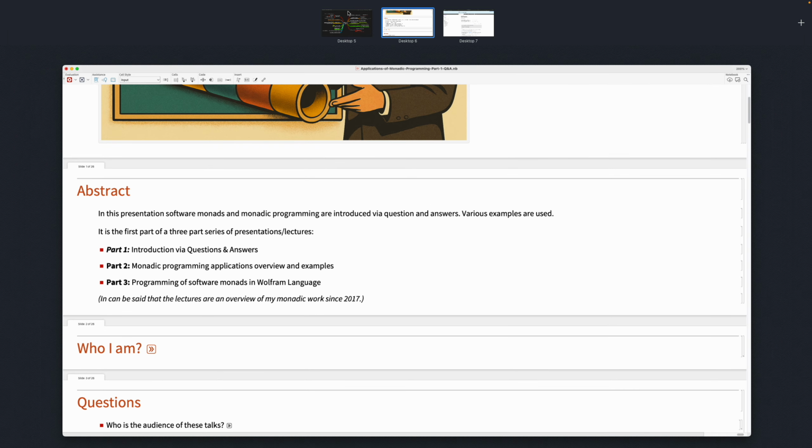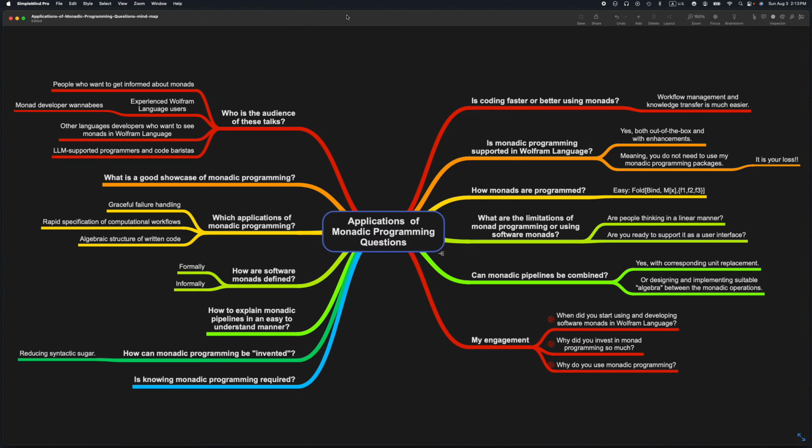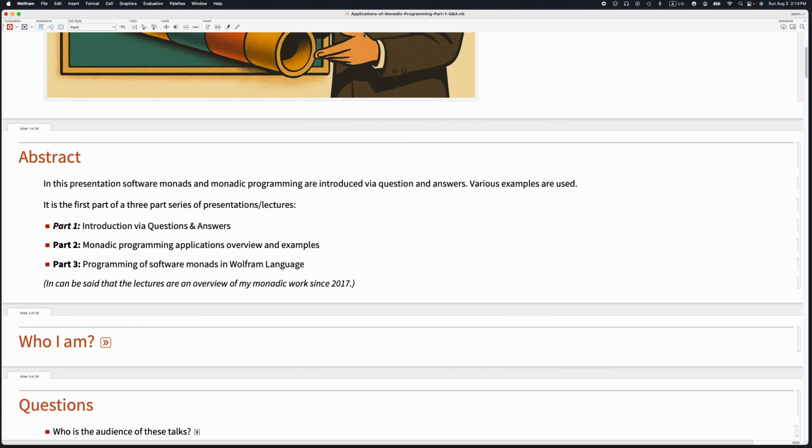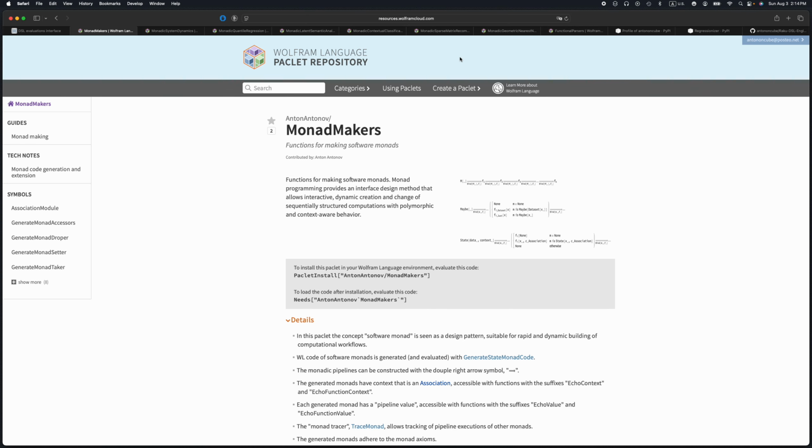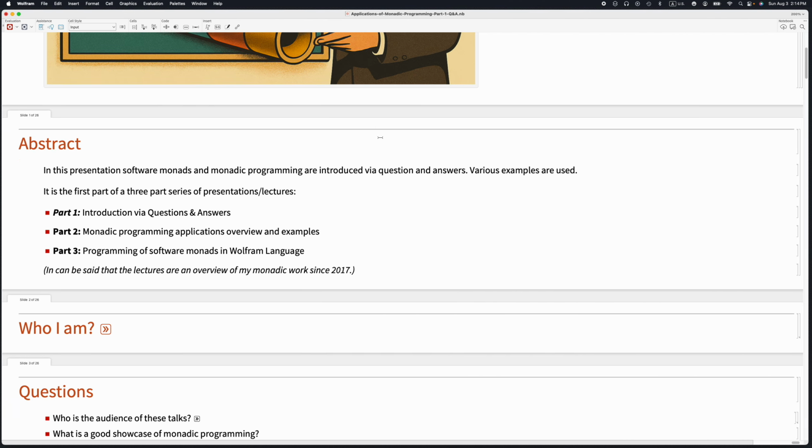Before going further, I would like to mention that I have these three panels. The panel to the left is a mind map with the questions I'm going to answer. The panel in the middle is the one with the presentation, and the third panel has some additional materials. All right,